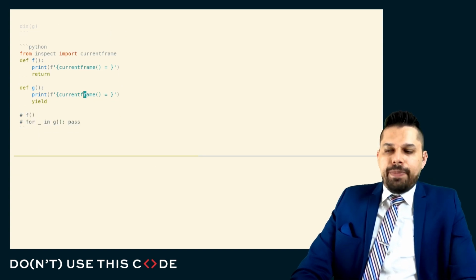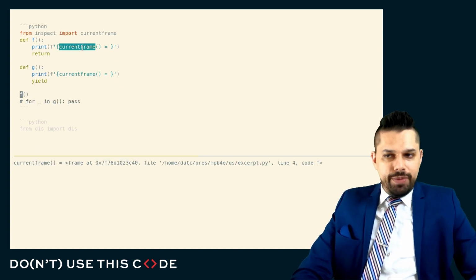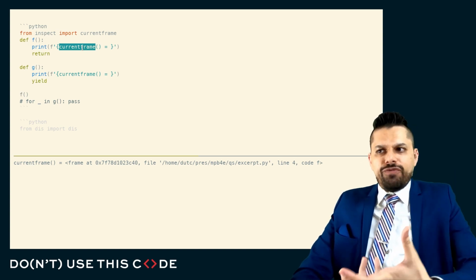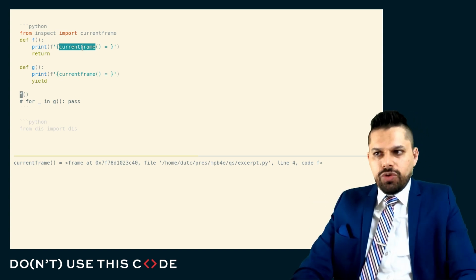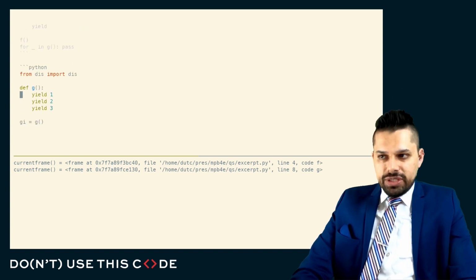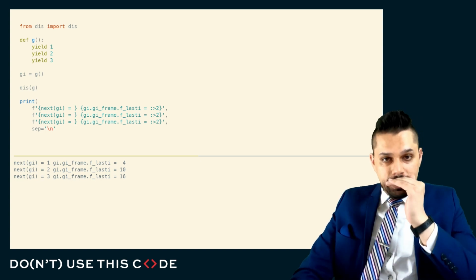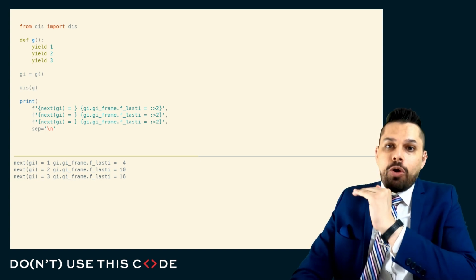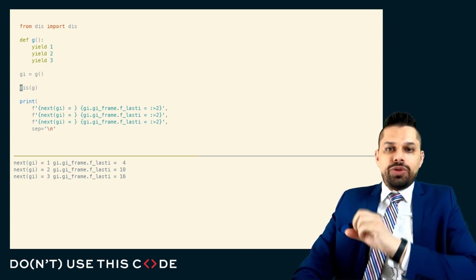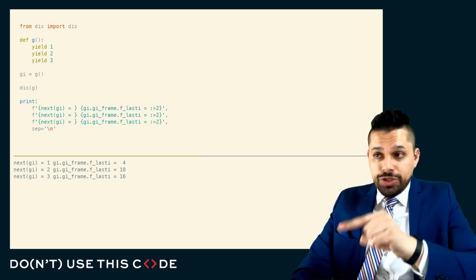When we run a Python generator or a Python function, we can see that there's a current frame associated with this. This is the storage for that function, all the local variables and the state of those local variables. And we'll see it in both the cases of the function and the generator. The difference is when we have a generator, we don't run this function to completion. We run it to a specific bytecode, but we keep around the instance or the state of the execution so that we can resume this.